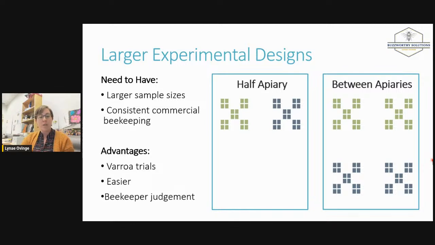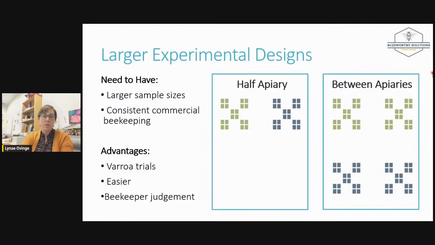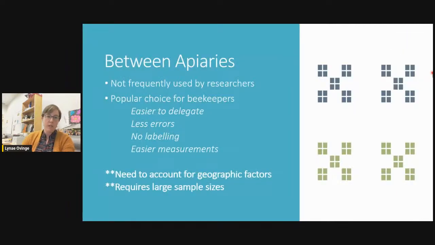And like I said, I have a lot of respect for that beekeeper judgment. And it's a lot easier as a beekeeper when you're just moving from this side of the yard to that side of the yard to be like, okay, yeah, that side was better. Or this apiary to that apiary to say, okay, that one was better, than to do it when, for each hive in a pallet, you have to read the tag. Okay, it's this one, and figure out a difference, right? It was easier for beekeepers to see trends. Oh, I think I do it this way. So we're going to start with the between-apiaries design, which is the big design.